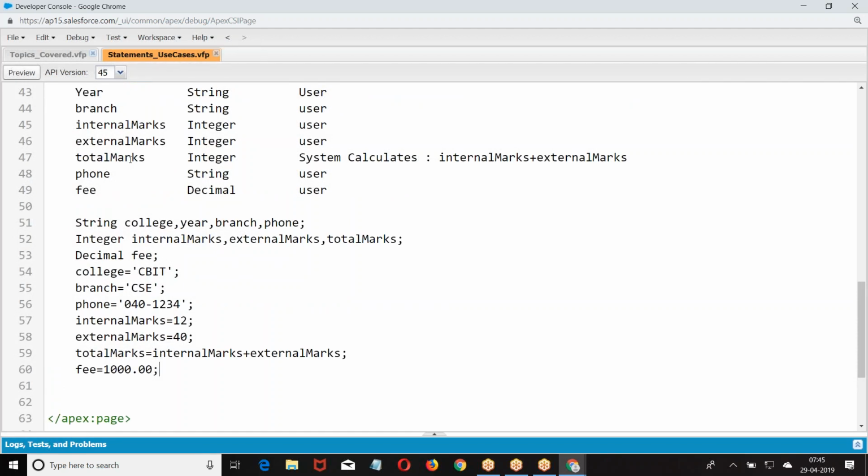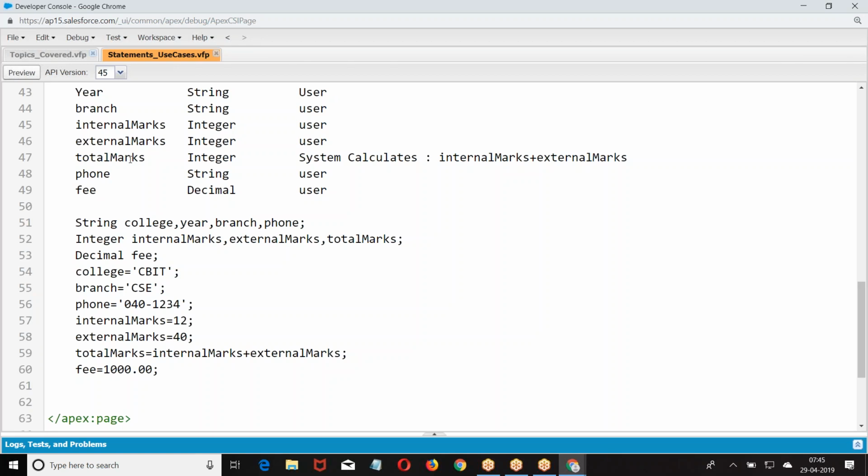So understand the requirement, analyze what data is involved, what data the system will enter, what data I have to calculate, and what data I have to provide. If you analyze this, you have a quick idea about what exactly you are trying to do. So the requirement will be clear for you. When the requirement is clear, implementing the program is not a difficult task. I hope you got my point.